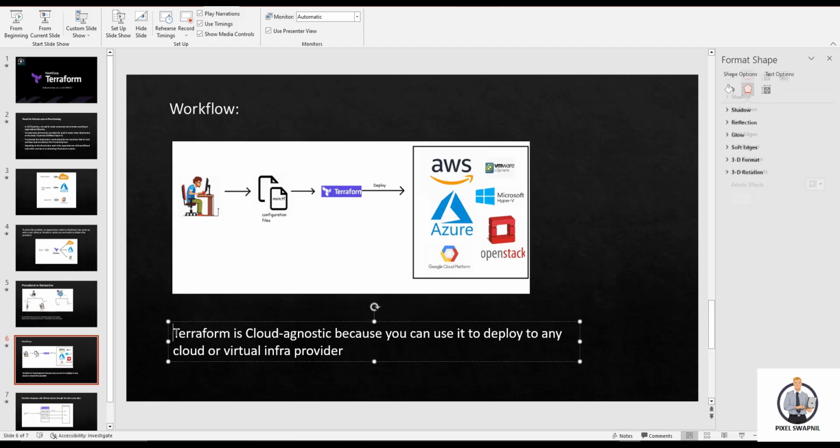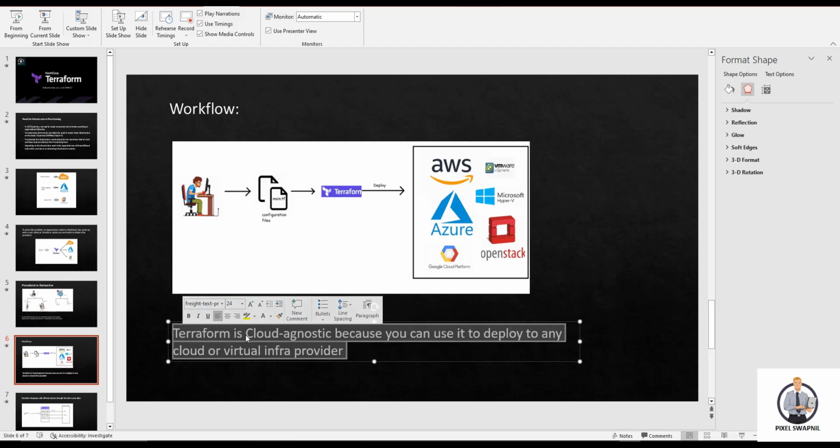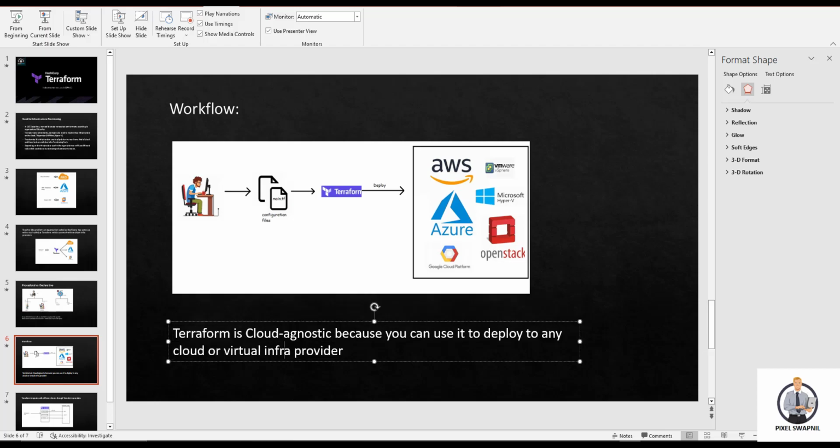Okay, so if you can see here, Terraform is cloud agnostic. What is the meaning of cloud agnostic? It means you can use Terraform to deploy on any cloud or virtual infra provider, right? So this is the main key, the important thing, why Terraform comes into the picture and what the advantage of Terraform is. By using a single tool like Terraform, you can create an automated infrastructure on any cloud,